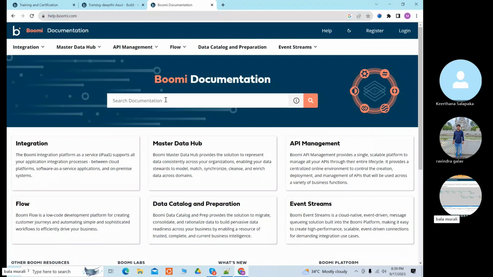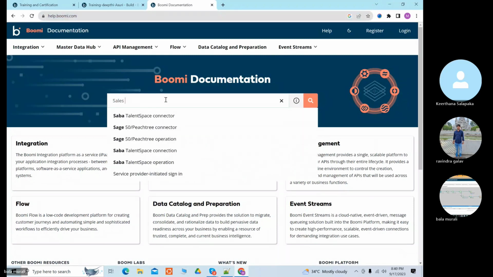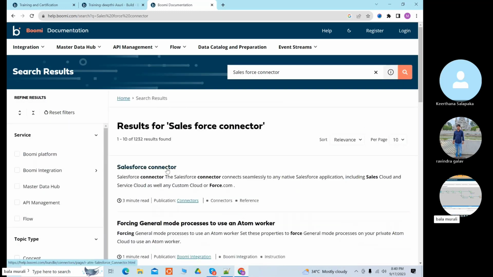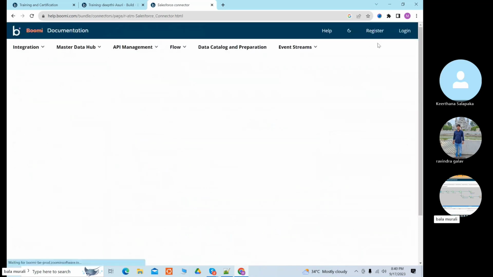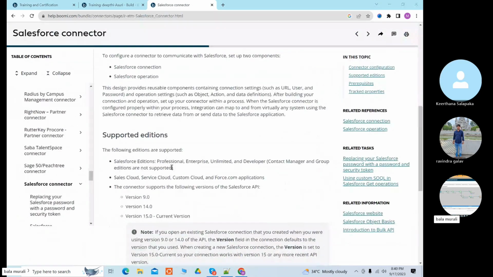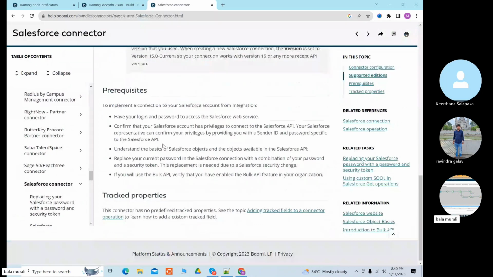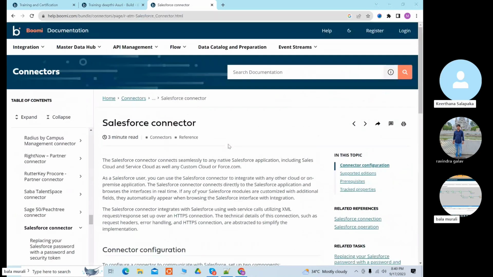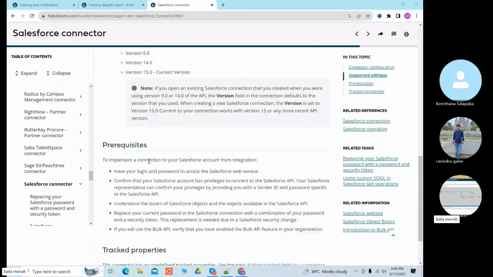So in this one, suppose you want to know about Salesforce. You will get a lot of information over here. So here you can refer: what is a Salesforce connector? Why do we use the Salesforce connector? What are the parameters we use here? What difficulties have you faced here? Everything will be available here. So in the future also, if I am not available, you can refer to this. It will take some time, but referring to this, understanding and doing it on your own is the real developer skill. You should not depend on anyone.